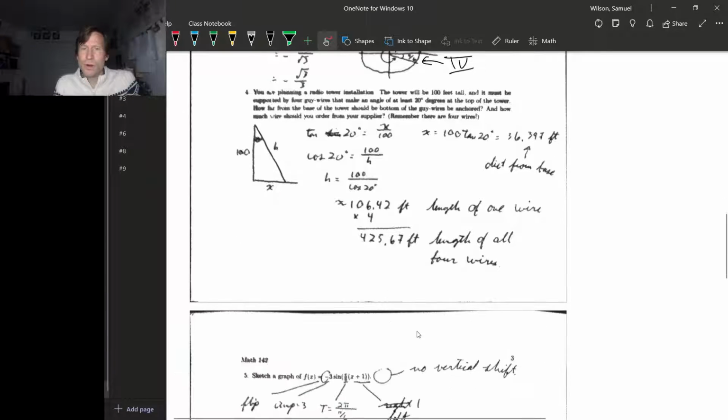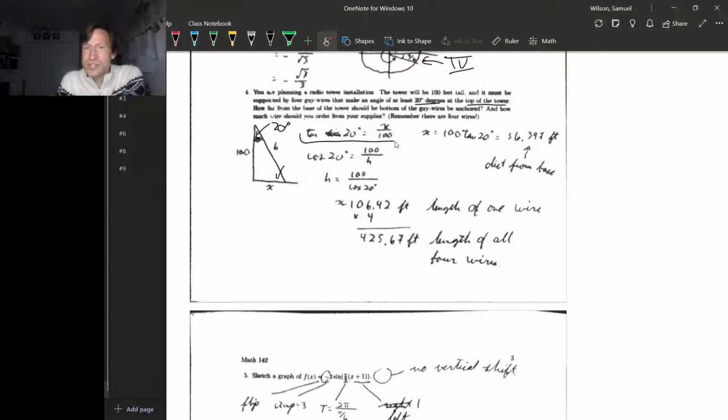On number 4, far and away the biggest mistake that people made, actually I guess there were 2 common mistakes. One was putting the 20-degree angle down here at the bottom of the triangle instead of up here at the top. If you read the problem, it says that this 20-degree angle has to be at the top of the tower. So the 20-degree angle goes up here. The other really common mistake was when you